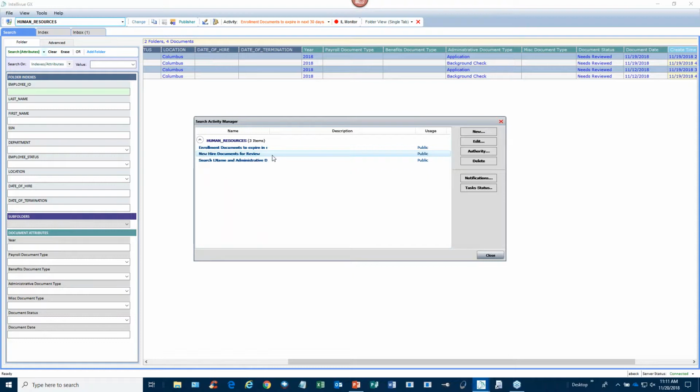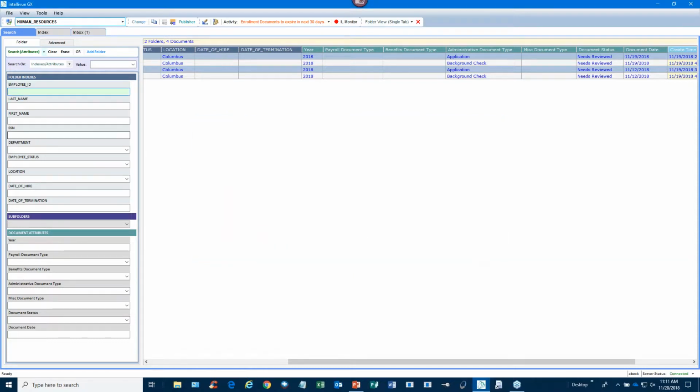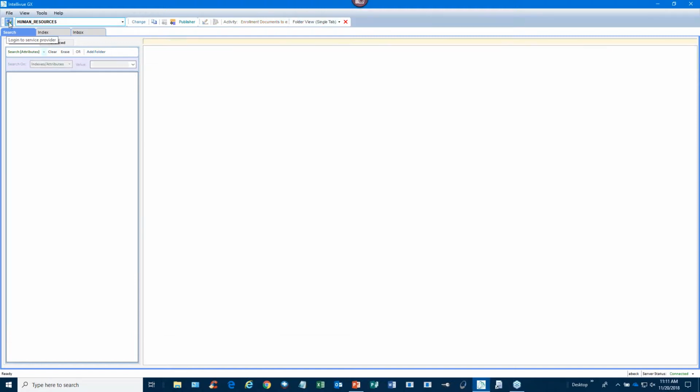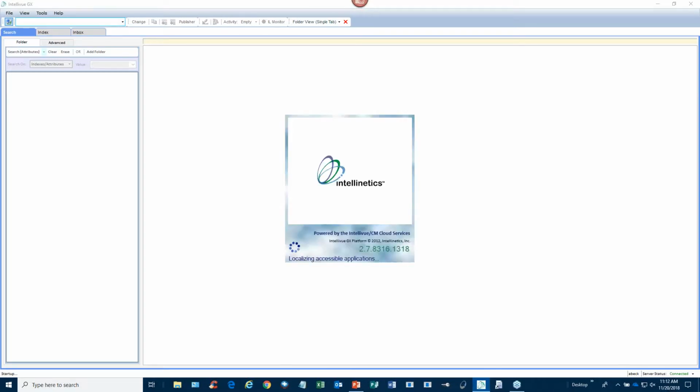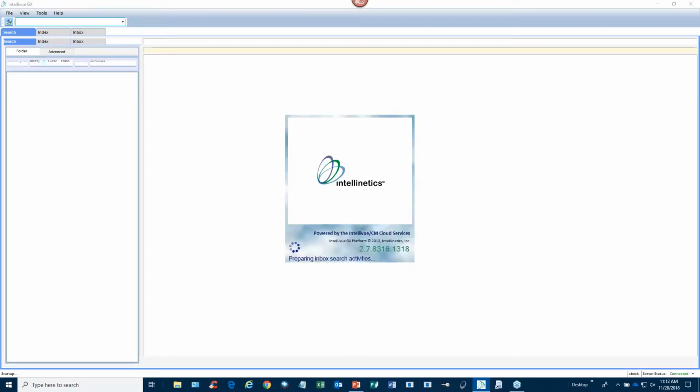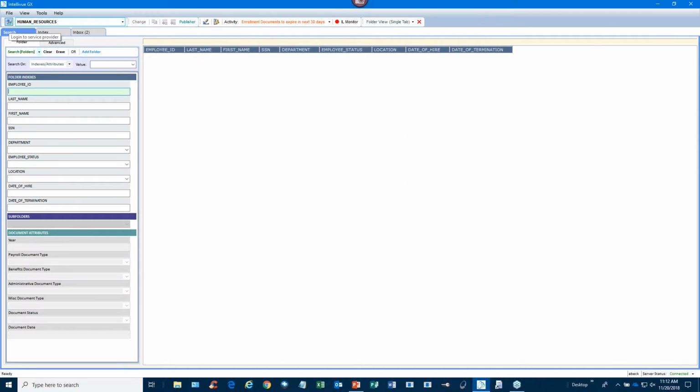So once my rule's set up, let's go ahead and close out and see that it's in my inbox and working. So I'm going to log back into Intellivue by clicking my login to service provider. And it'll give me a prompt, put in my password. Now I can see my inbox now has 2 results for different searches. So if I click on this inbox tab,